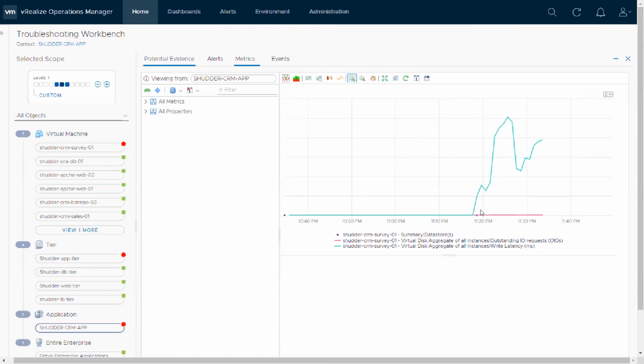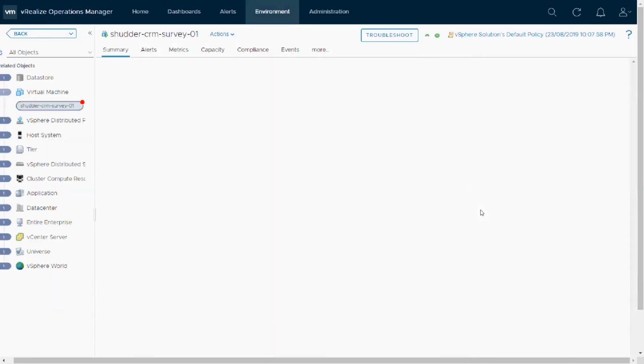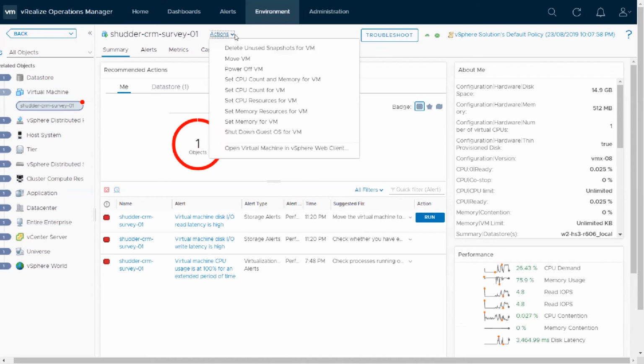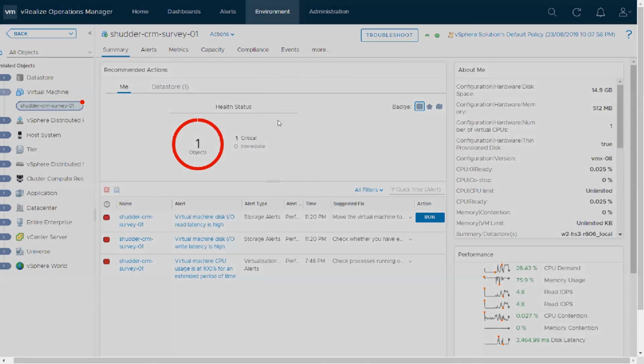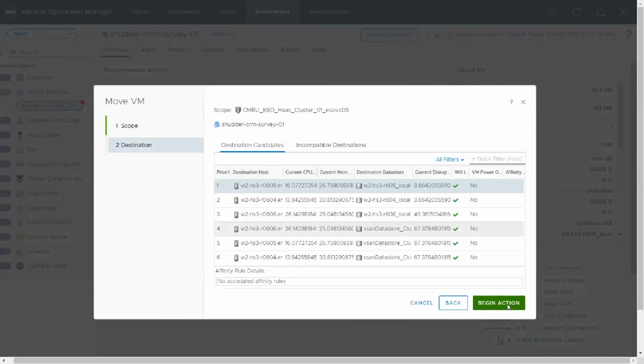But essentially, let's look at the potential evidence first and click on this VM and try to solve this problem first. So here is where you want to recover out of this situation, right? You have high disk latency. I have various suggested actions over here, but I know that I can move the virtual machine's disks from here, or let me just directly go into actions and take an action, because I know what exactly is the problem, I'll move that particular VM